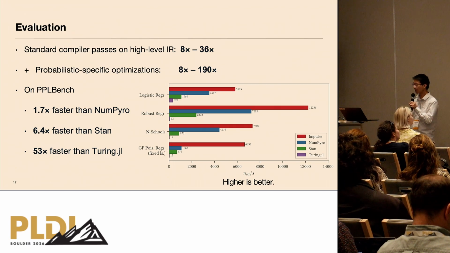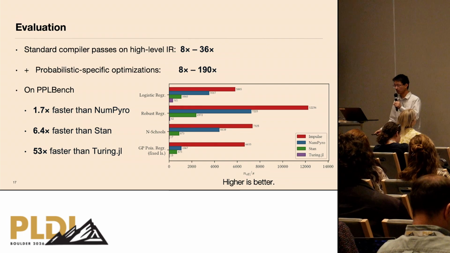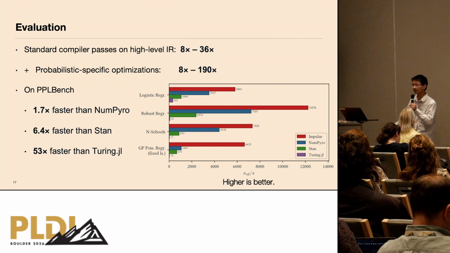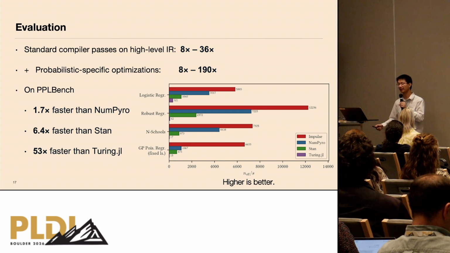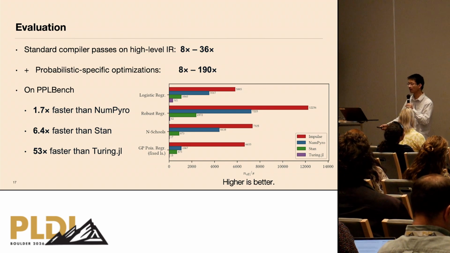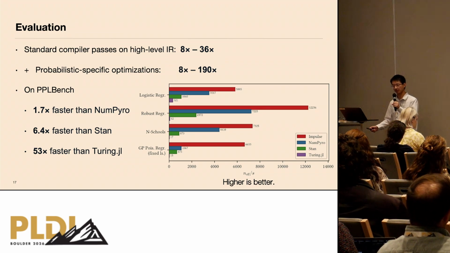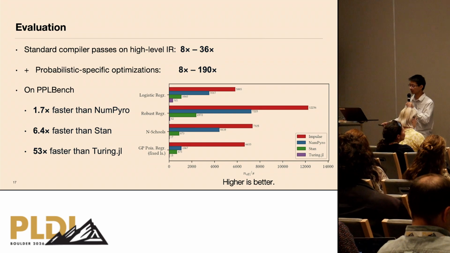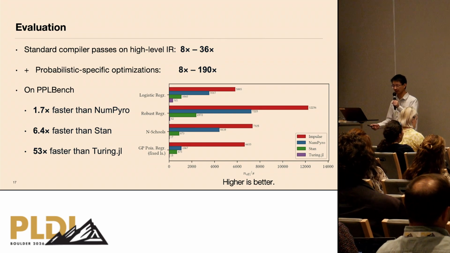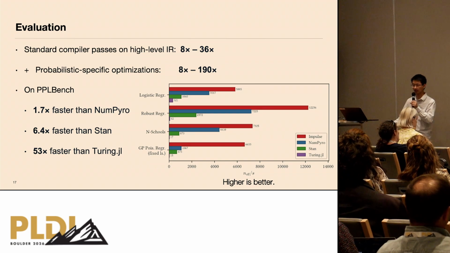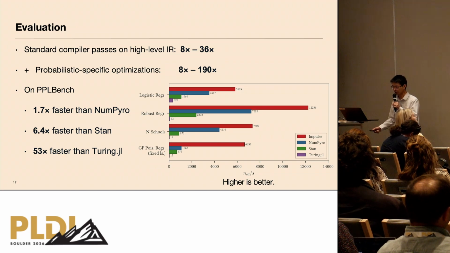And we perform evaluations on multiple case studies. Our results include: just by running standard compiler passes on this high-level IR, we can get 8 to 60 times speedup. And if we also enable the probabilistic-specific optimizations like sample-invariant code motion, we can bump this speedup to 190 times. And on standard benchmarks like PPL Bench, we are faster than three popular frameworks like NumPyro, which is also based on MLIR,